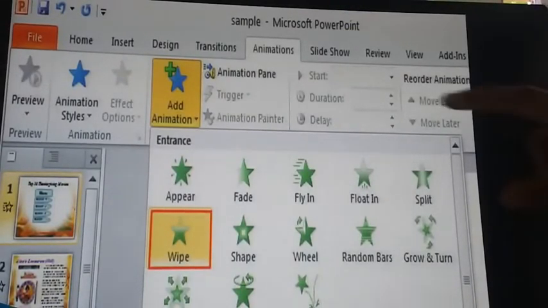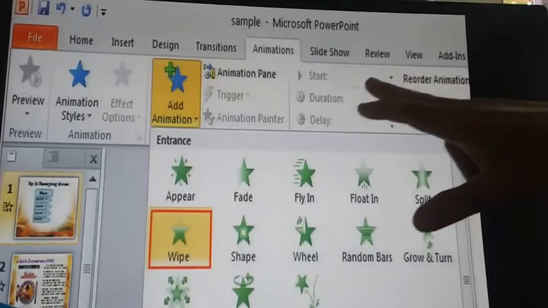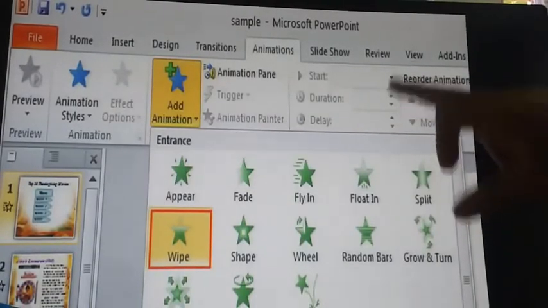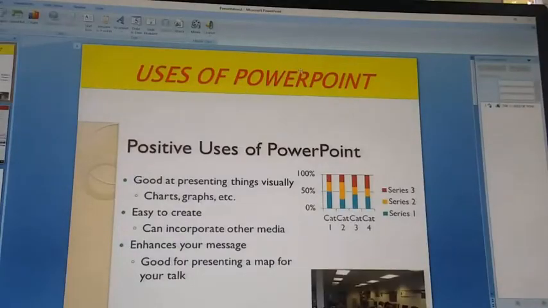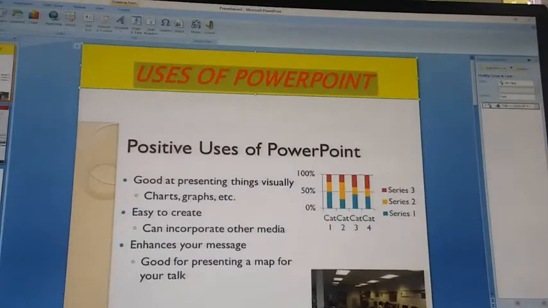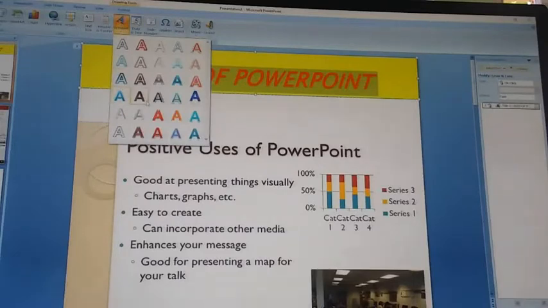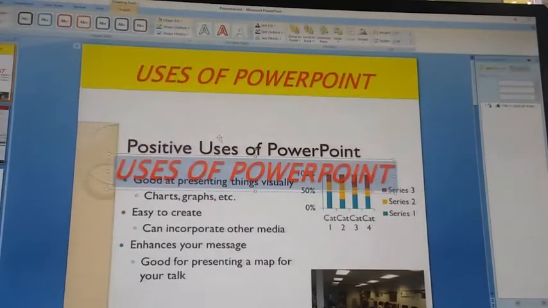And also we can give the timing of the effect, transition effect we can give. If you want to add a border design to make your text stylish, just select your text, click on border, choose any type of design.